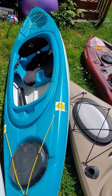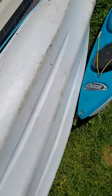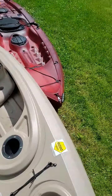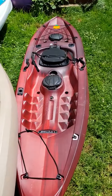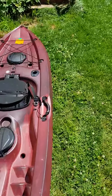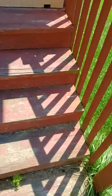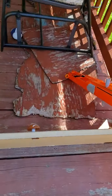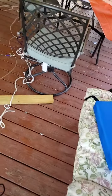2 pelicans, one for my son, and the other one was my wife's, but right now she's going to be going on the sit-on. So all in all, it's going to be so much easier using that truck, and it's going to be so much easier when we get the camper and we can tow it around. With 5.4 litre, we shouldn't have any problem